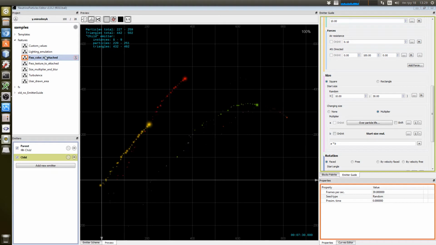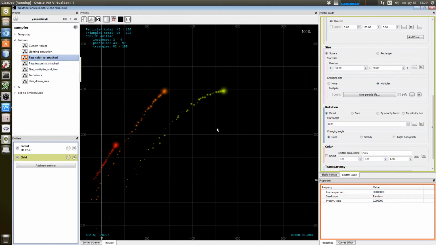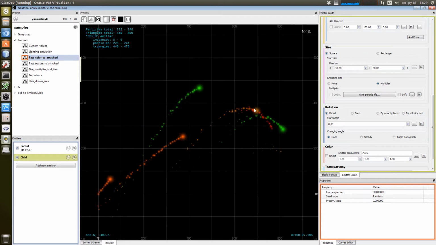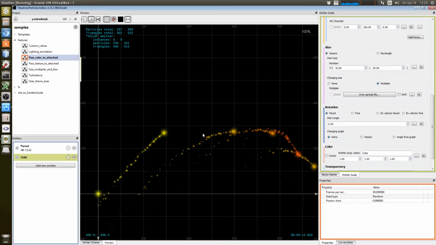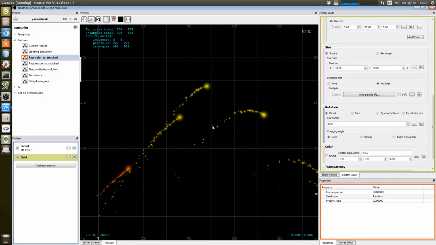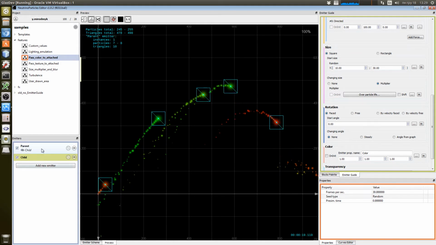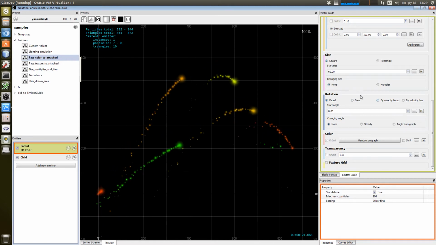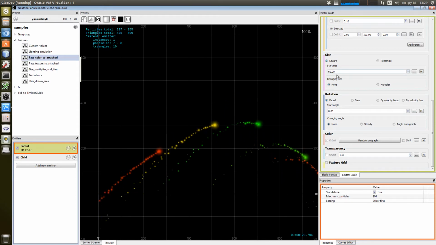So let's start from the basic effect. I'm going to discard all my changes, and we have a basic effect without changing size at all. It's just passing color from parent particles to child particles. So let's start by adding a size multiplier to parent particles. We have start size 60 and